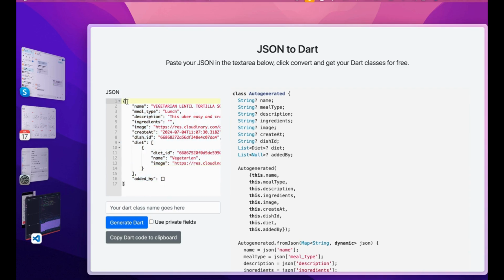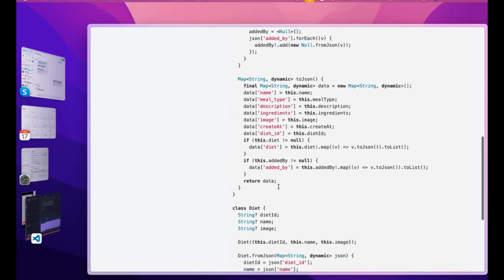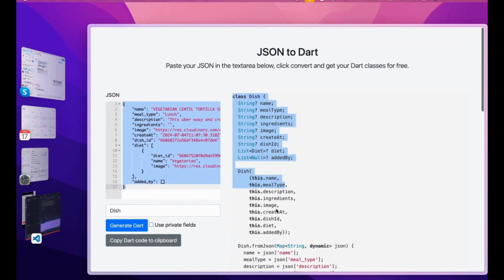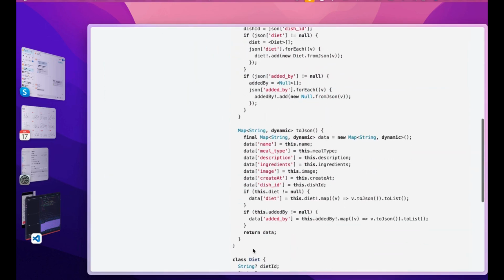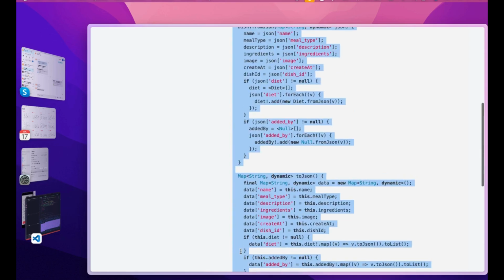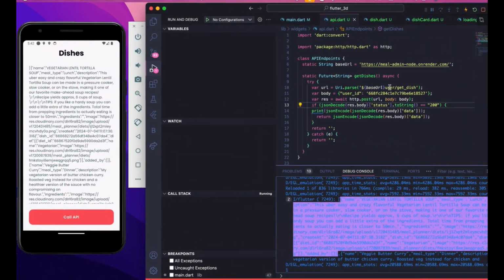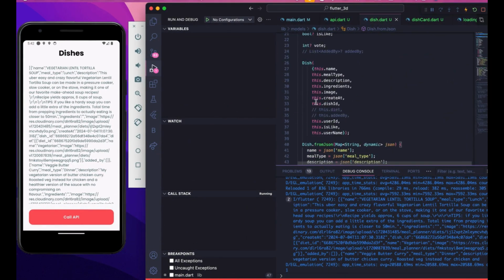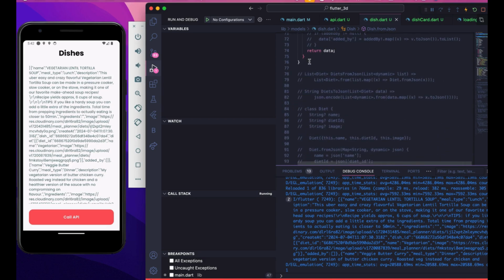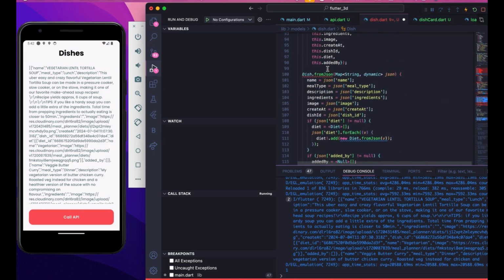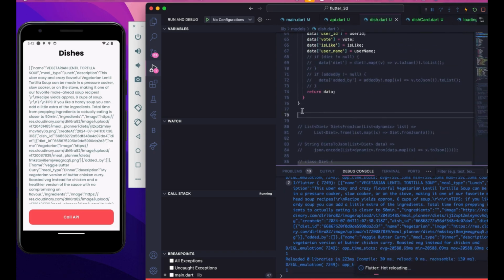This is what we copied, one of our element objects. We can add Dish as the class name and generate. Now you can see we have the complete model automatically generated from this website. You can just copy this entirely. As I told you, we don't need diets and everything right now, so we'll just copy this and put it over here, and it will work. Look at this, it's perfectly similar. That's how we can create a model. After that, once you have created your model,